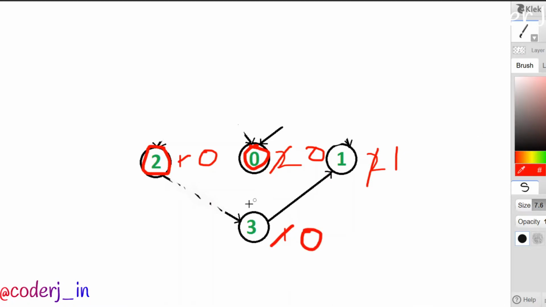So after that, I'll simply complete course number 3, and I'll just delete this connection also. Now 1 also has 0 prerequisites, right? So I can even complete this course number 1. And this way, I've simply checked that I can take all the courses and complete them in such a way that I'm completing their prerequisites before.